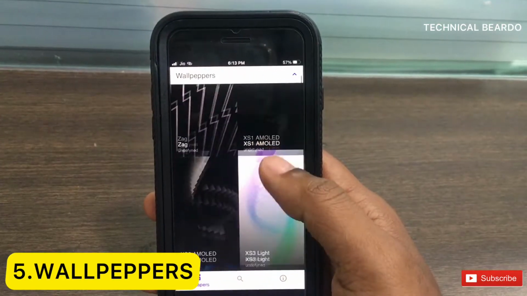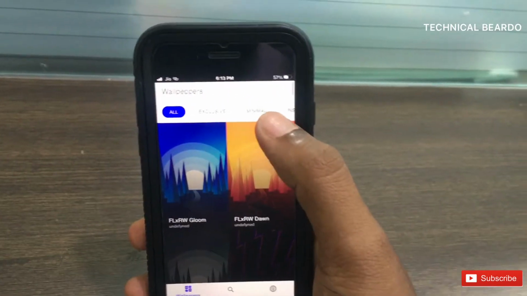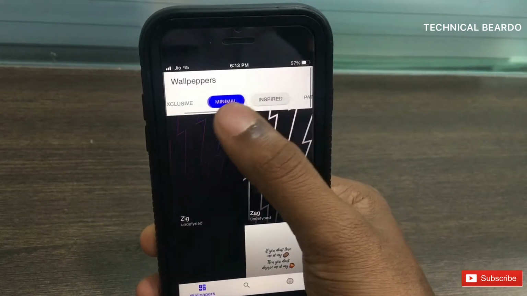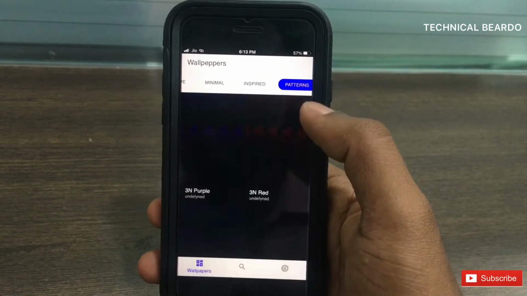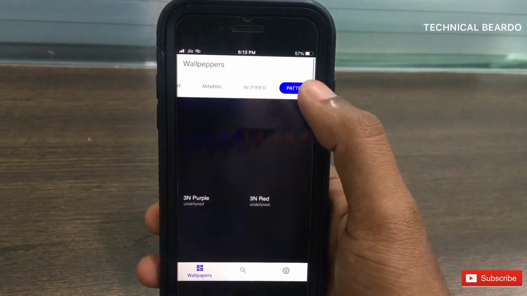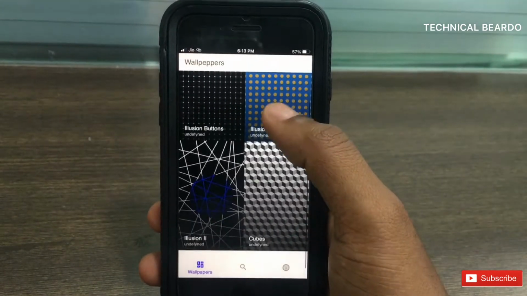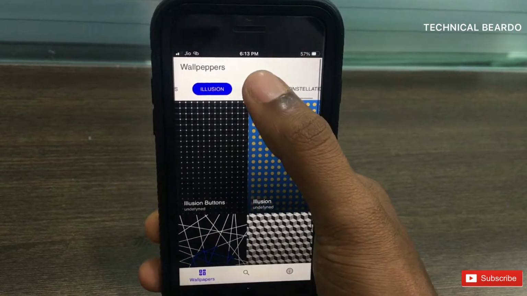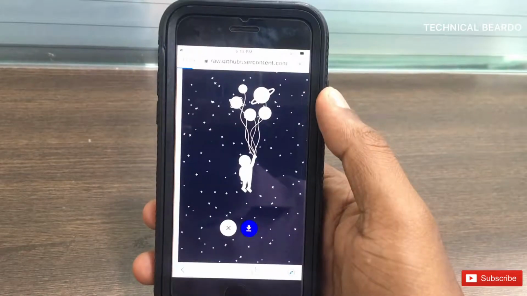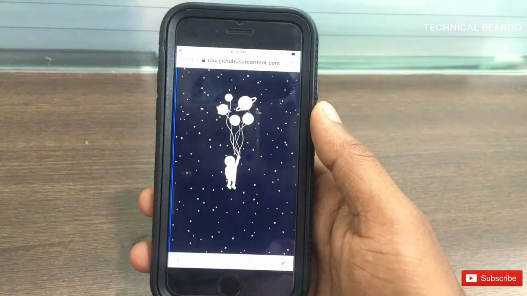Here, if you see, this is a very simple wallpaper application with simple wallpapers, but the graphics are very good. The gradients or the designs are really good. They're unique, you won't find them anywhere else, and there are a variety of options available here. There are multiple categories with great unique wallpapers and simple wallpapers. If you are someone who wants to keep your home screen or lock screen very clean or simple or decent, then this app will help you out with the best wallpapers in a simple way. And downloading is very simple. Just open the wallpaper, click on download, and here just click on share and save the image.